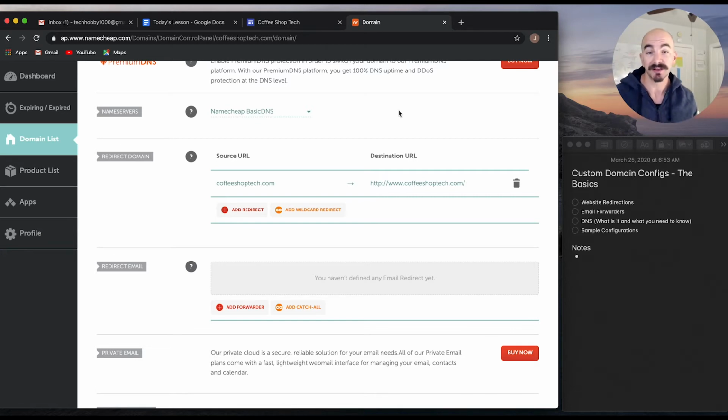Now, to take that step back though, we're not going to do all that yet. This is a basics video. So what we're going to do is we're going to allow Namecheap to manage email goes here, domain goes here, and everything else. And we're just going to simply work with a domain redirection. So you can see right here, it's saying the source URL is if somebody types in just coffeeshoptech.com, we want them to redirect to